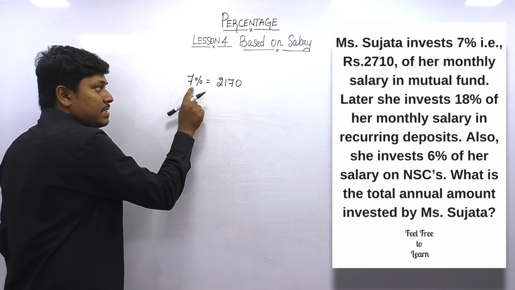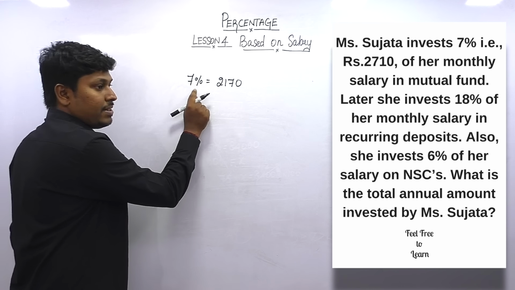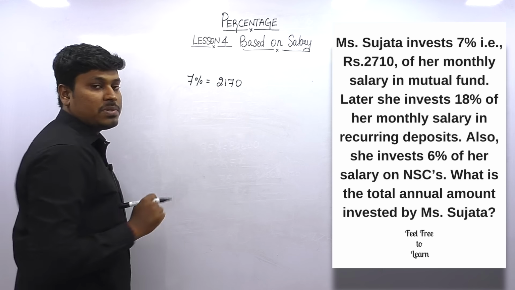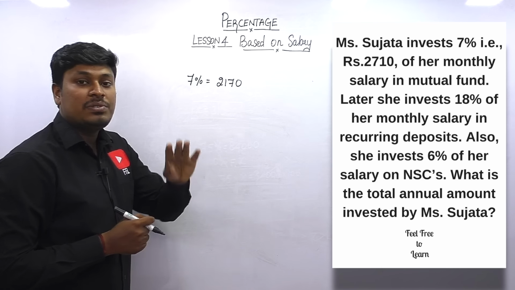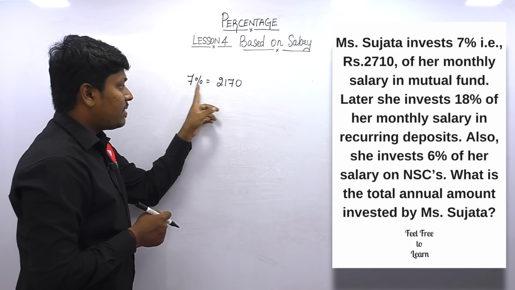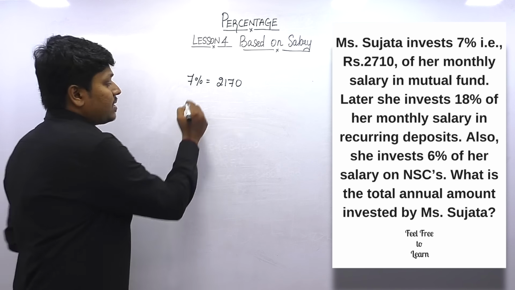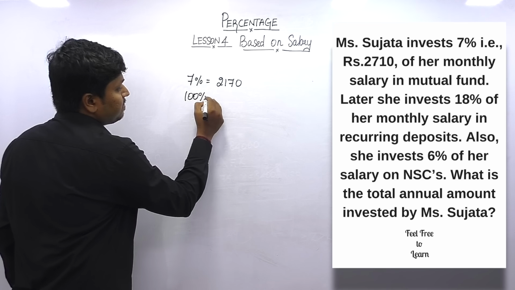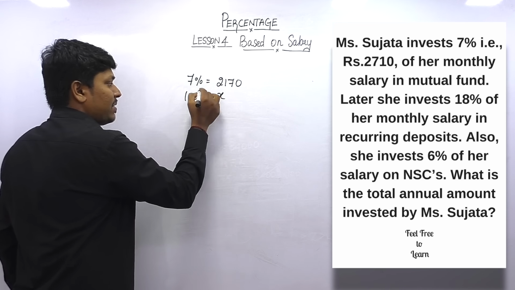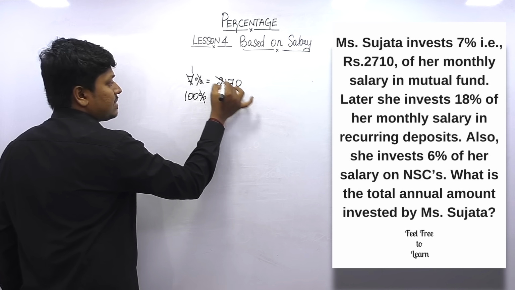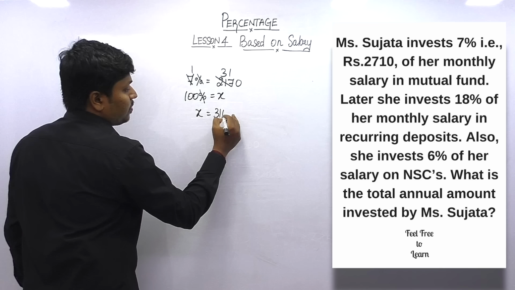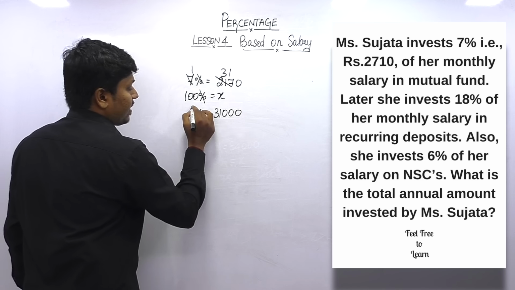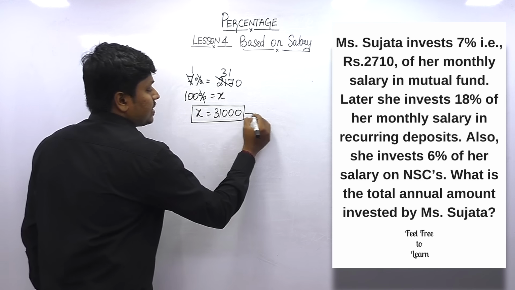So Sujata is spending 7% on mutual fund. This 7% is 2170. By using this value, we can easily find Sujata's salary. Listen here, 7% is 2170. Sujata's salary, the 100% base value, is equal to X. So we can cancel the zeros: 7 times 3 is 21, 7 times 1 is 7, so 31. So X is equal to 31000. So finally we found Sujata's salary